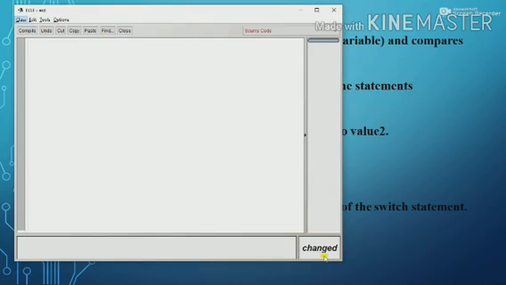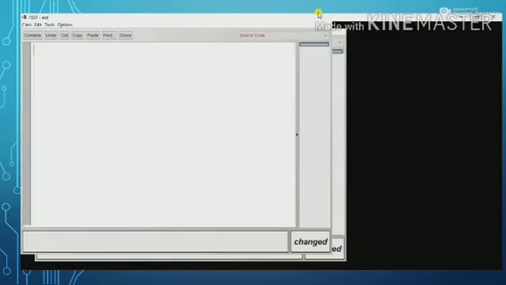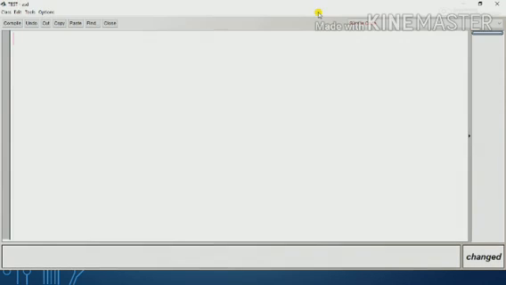So this is your BlueJ screen. We'll see by doing the practical so that it will be more clear. First of all, I declare my class. Now I will declare the main function.